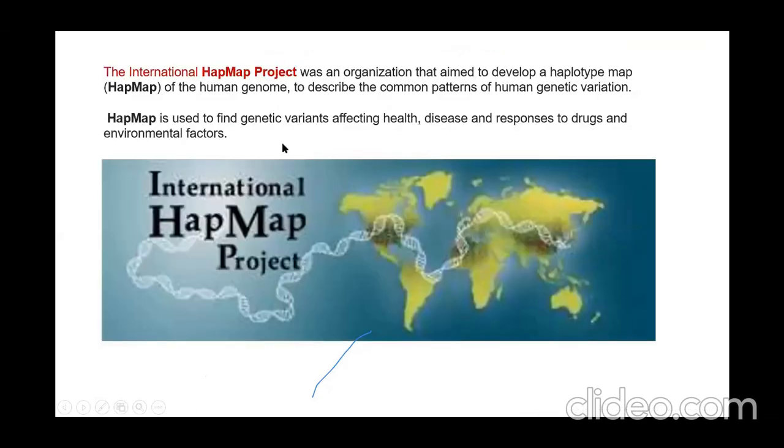There has been an international project done, called the International HapMap project. They were able to define different haplotypes across different populations. These haplotypes will help in health, disease, and other associations, and also to find specific drugs for a specific population. How the environment will influence a population is different from India to the USA.